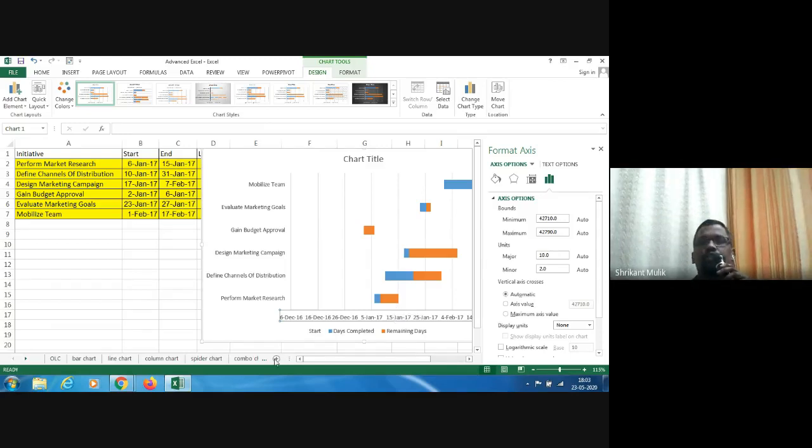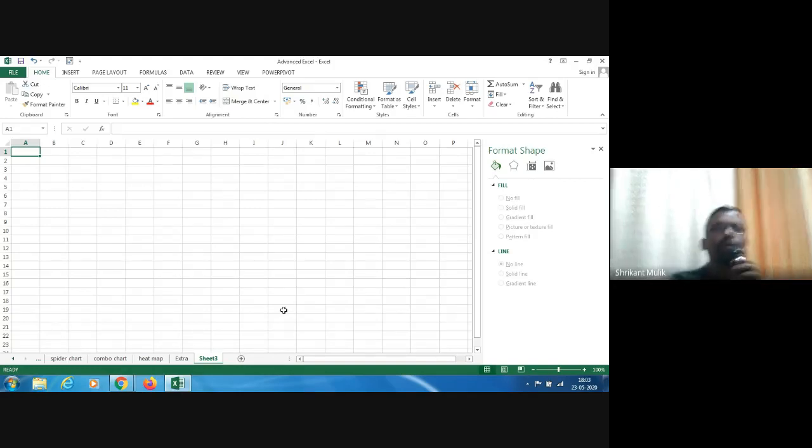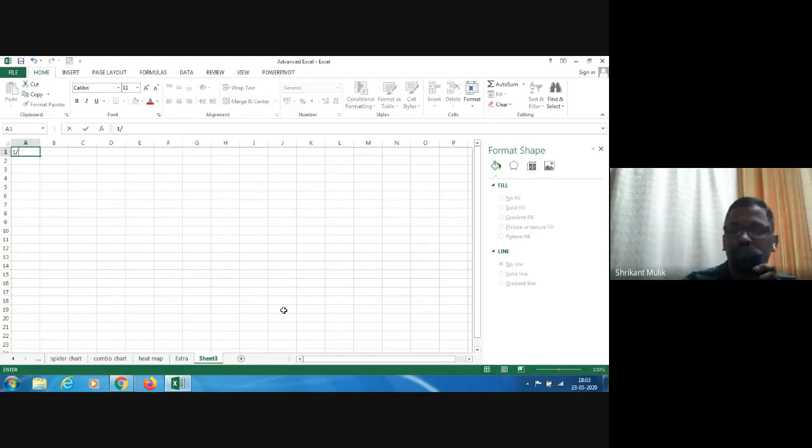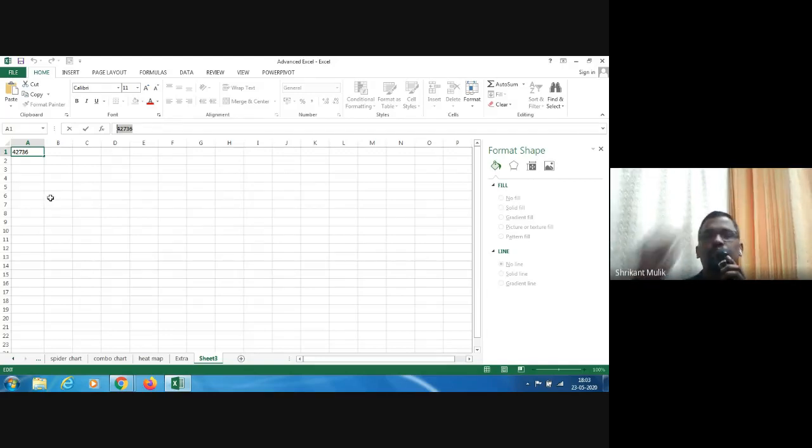Now in Excel, and this you should know, all dates are stored as numbers, the number of days from 1st January 1900. So if I'm typing 1st Jan 2017, it is actually stored as a number. Now, how do I know what the number is? If I select this one, the number format is Date. I go and change it and make it General. And these are the number of days, which I'm copying right now. The number of days is the actual value that gets stored there in Excel.